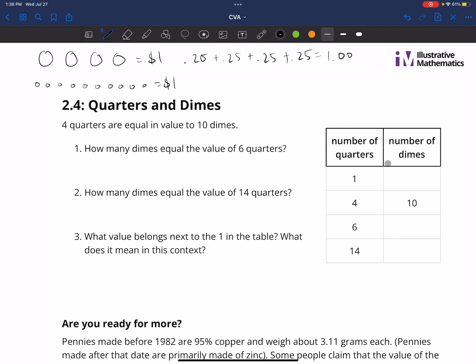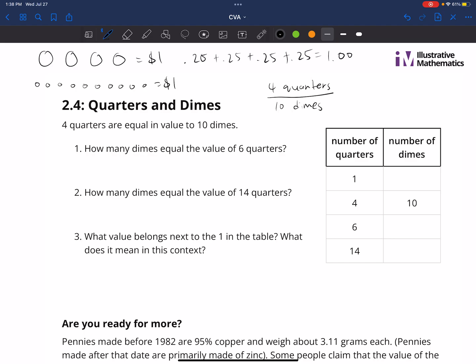Now let's take a look at this one, okay? So what I'm gonna do is I'm going to make this a little bit easier for us, and then we're going to divide it up in a way that makes most sense to us. So I got 4 quarters, right? So I have 4 quarters, and that is equal to 10 dimes,